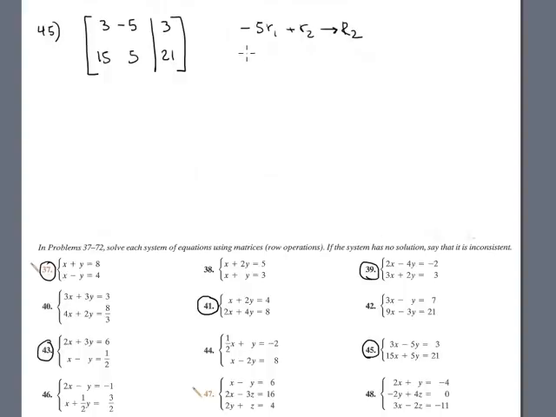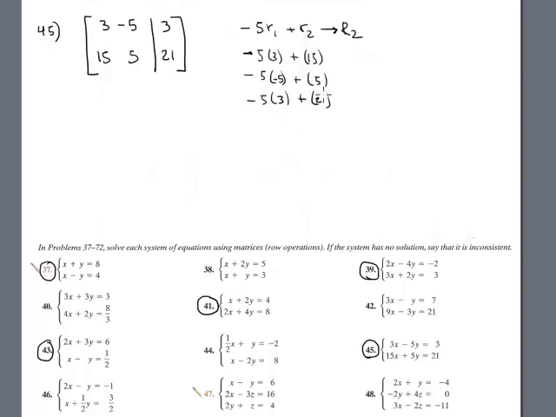Okay, 45. Apply this row operation: -5 multiplied by the number in the row 1 plus the number in the row 2. In the row 1 we have 3, -5 and 3. In R2 we have 15, 5 and